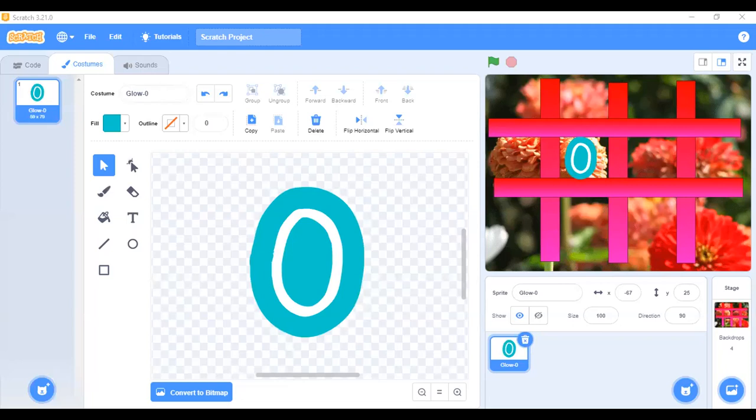Okay, now you only have one sprite here. So they have to be two. It has to be two. Yes.